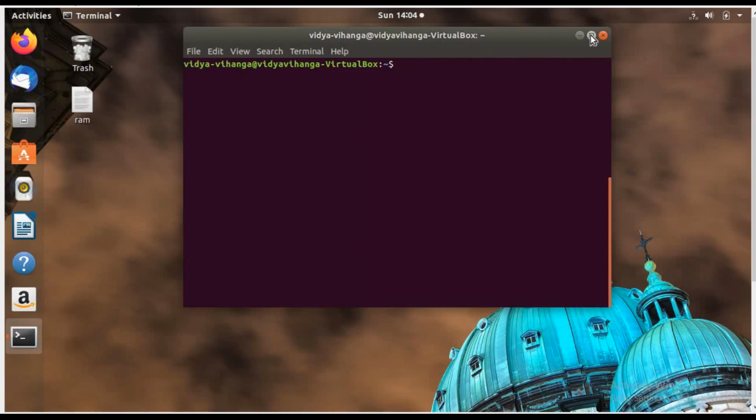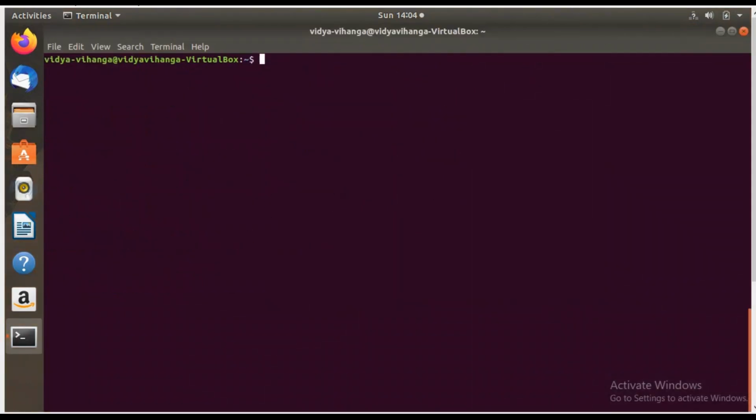Among those three commands I am going to explain today, one is the free command, which is used to see the total amount of memory available on your system. Another one is the find command. Suppose you forget the path where your file is hiding, you may have to search for so much time to get the required path, but with the help of the find command you will simply know the path where it is. And another command is alias, which is used to rename commands.